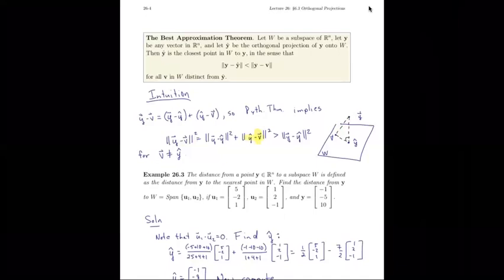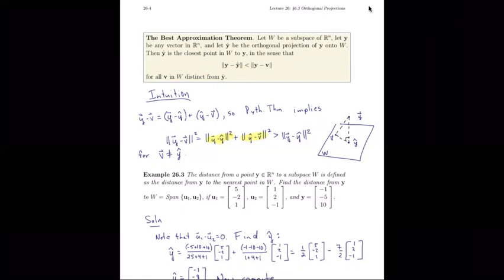That's only if v is not y hat, and we've already said up here in the theorem that for all v and w distinct from y hat, so for all v that are not the vector y hat, we have that this is the case. Well, if v is not y hat, then this length is non-zero no matter what. So what we see is that if we add this non-zero amount to this length,